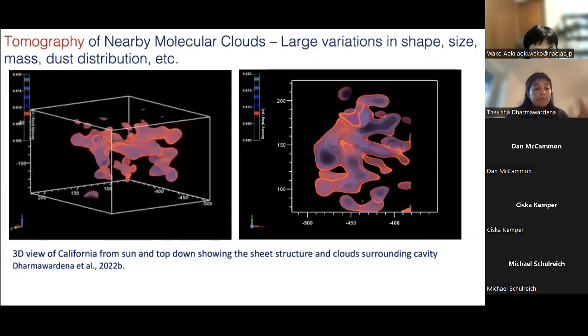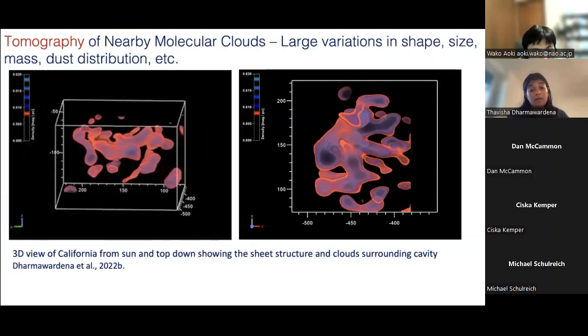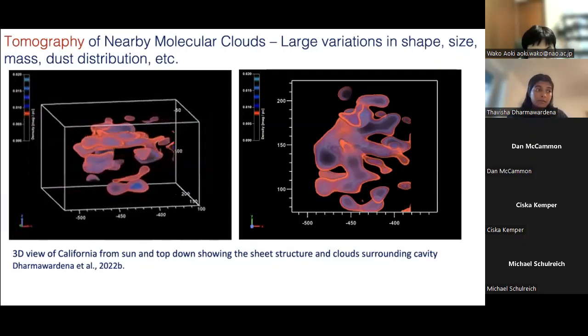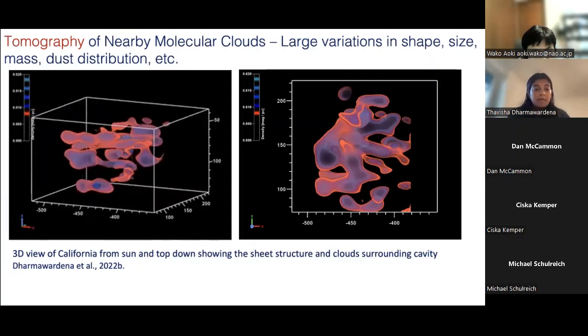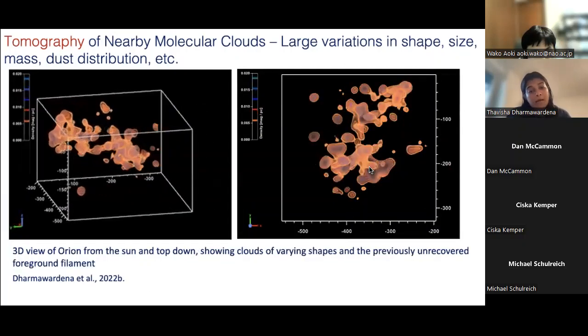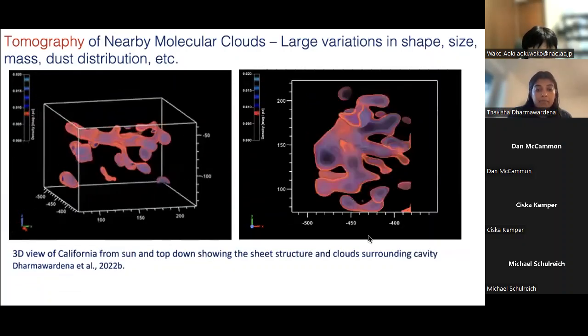Orion has a much higher star formation rate than California does. But it's strange because when you look at it in 2D, they all look identical. But we can clearly see the differences here if I flip through between Orion A and California, because